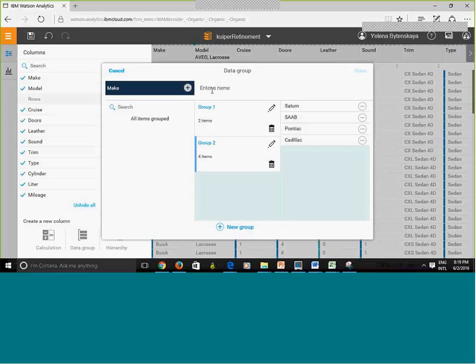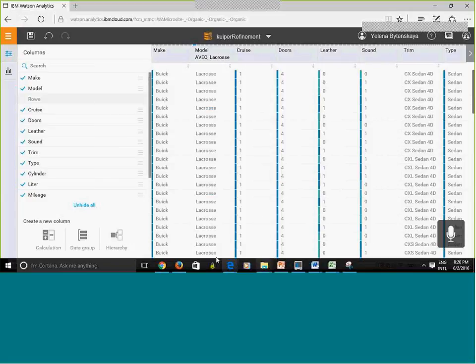Now, another thing to consider is that whenever I create groups like this, it's secretly going to create a new column. So I'm going to just say make group, and I'm going to click done. What did it do?